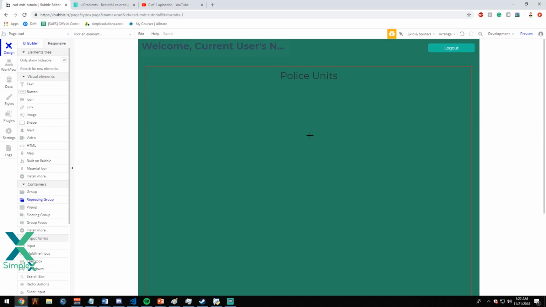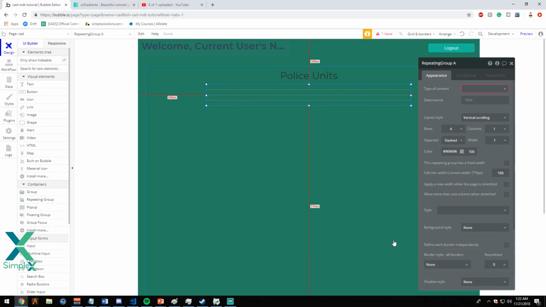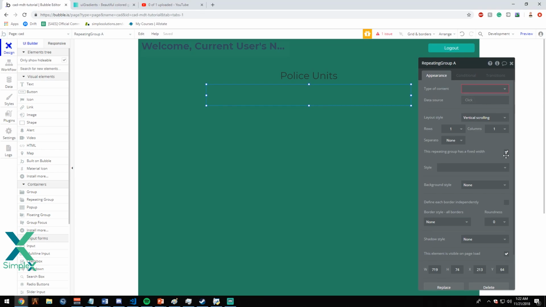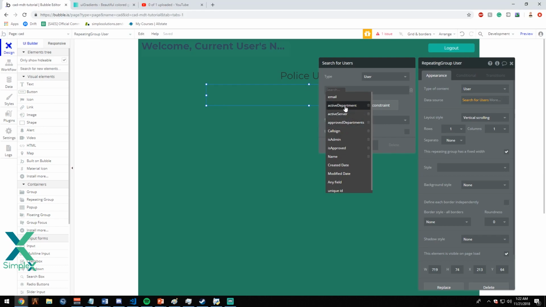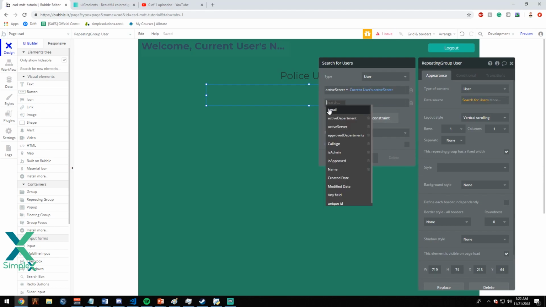And here we need to create a repeating group. This repeating group needs to be pretty wide in width, and we're going to right click center horizontally. The first thing we're going to do is change separator here to none, and your rows to 1. I'm also going to click on repeating group has a fixed width because I don't want it to expand when it drags. And the type of content is going to be user. Your data source, do a search for type user, where active server equals current user's active server,